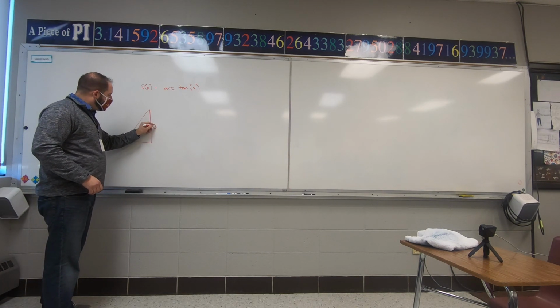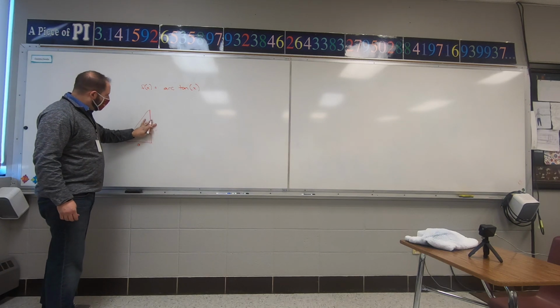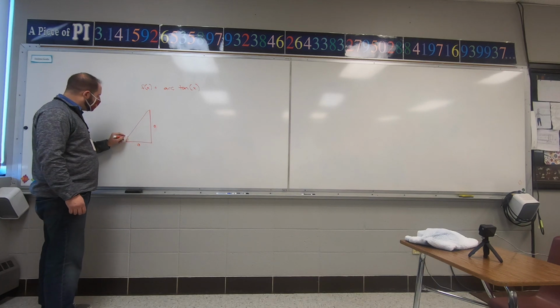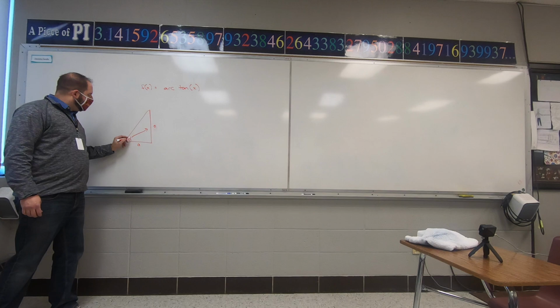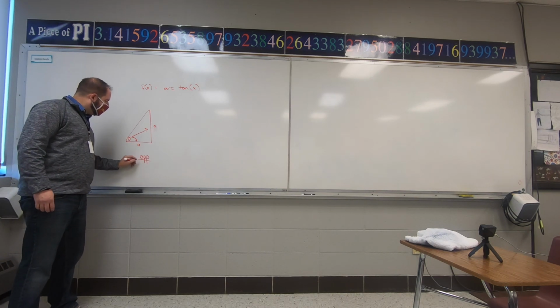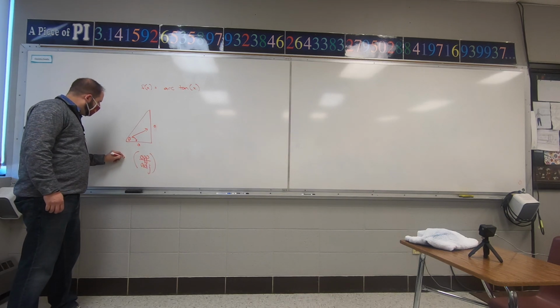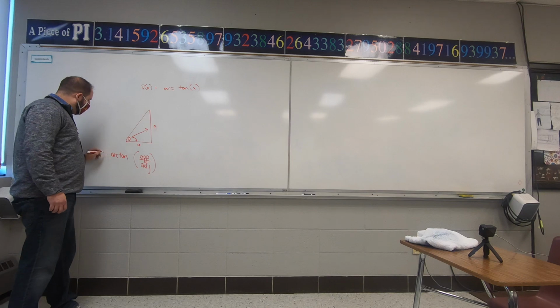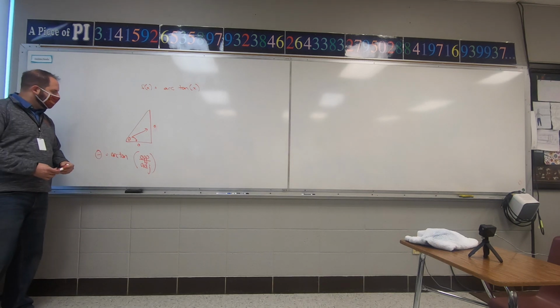When you have your opposite and you have your adjacent side, right? I don't know why I put the theta there. This is opposite and adjacent. You can find the angle that's right here. Because you find these two walls, you divide them, right? Opposite over adjacent. And what you do is you do this arc tangent to it. It's arc tangent, and that will give you the angle. That's what that button's used for. It's just to find an angle.